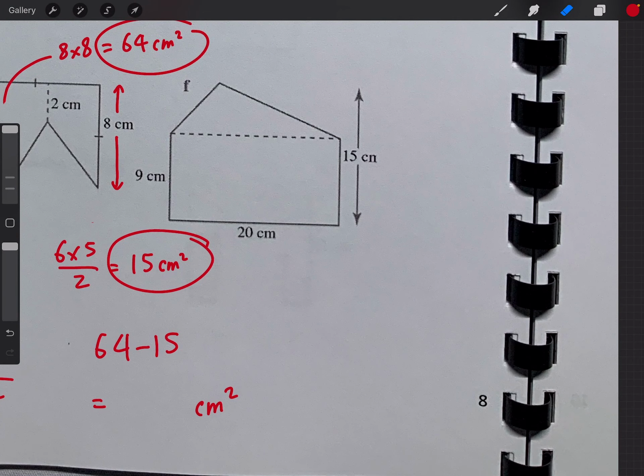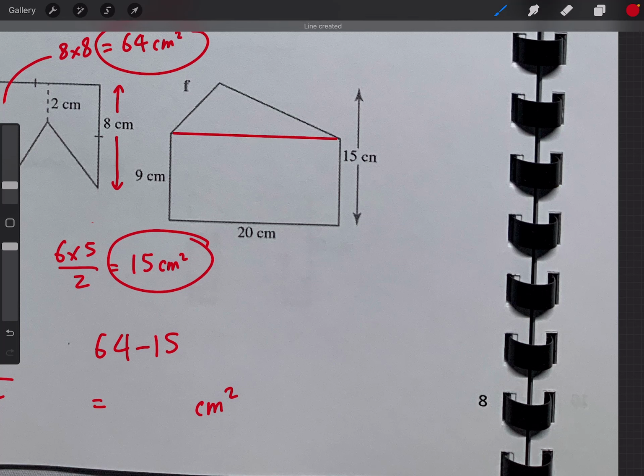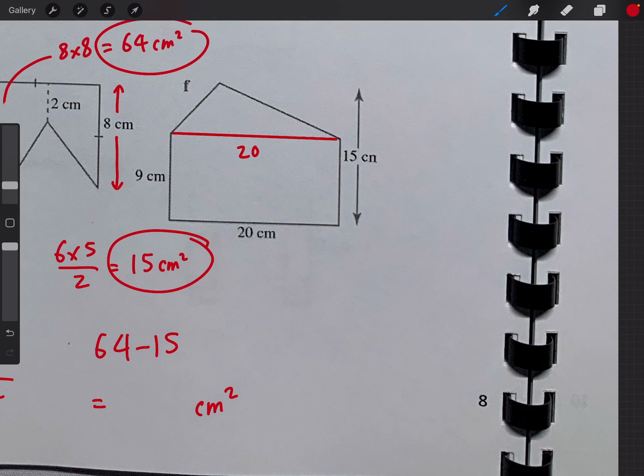Alright, next one, you have a rectangle and a triangle. Now the rectangle is easy, you can find the area of the rectangle. The triangle is going to be the length here, which is 20, and the height goes from the top all the way down to there, meeting at 90 degrees. How tall is this triangle? Well, you have 15 take away 9, that gives me 6. So therefore this must be 6 centimeters tall. From there to there is 6, and from there to there is 9, and that makes a total of